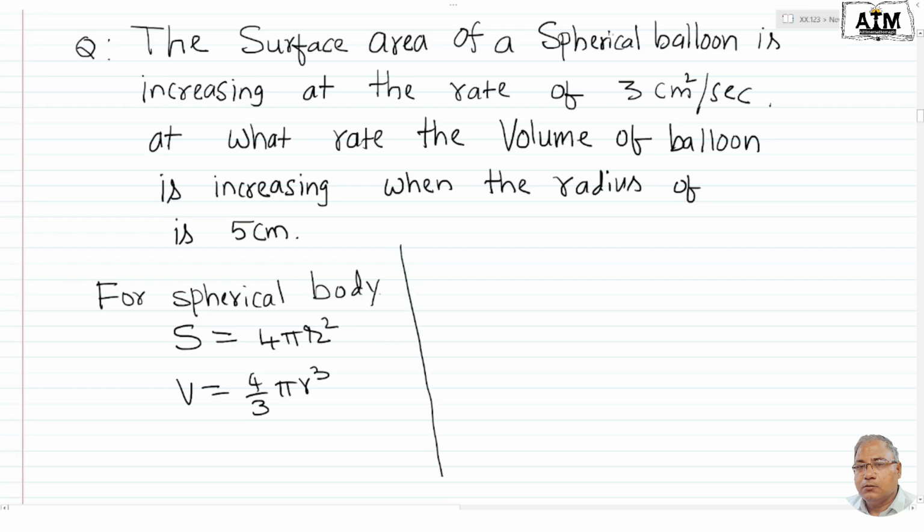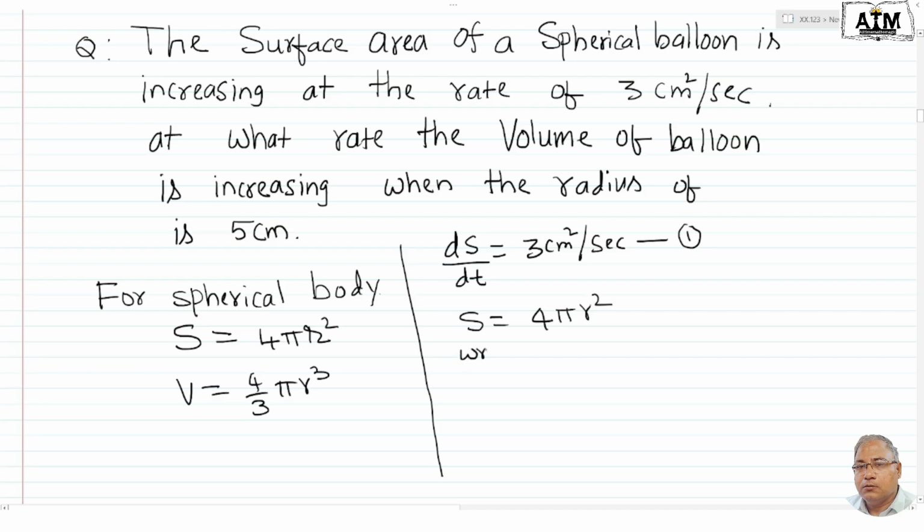In the question, the surface area increasing at the rate of 3 centimeters square per second is given. So dS by dt is given to us: dS by dt equals 3 centimeters square per second. Call it equation 1. Now, since we have S equals 4 pi r square,